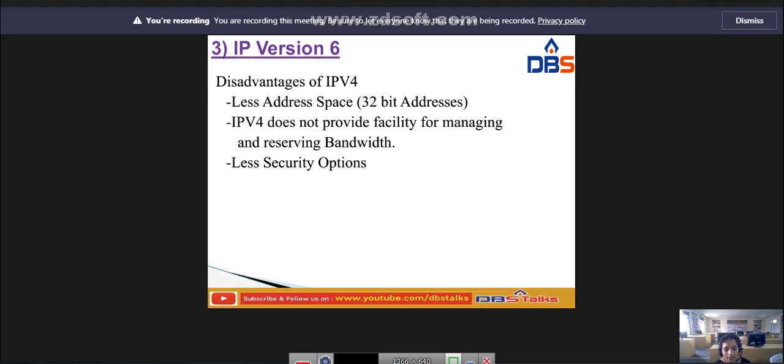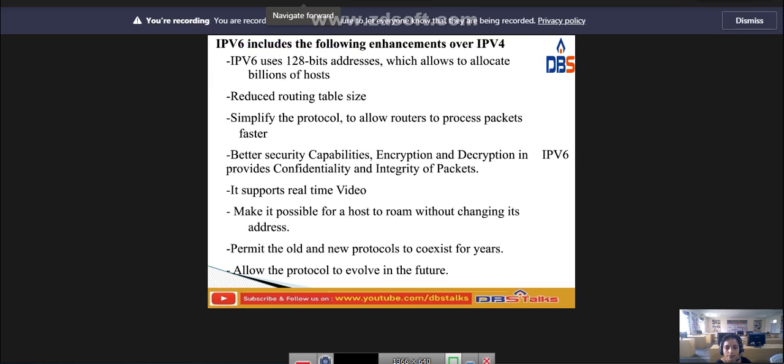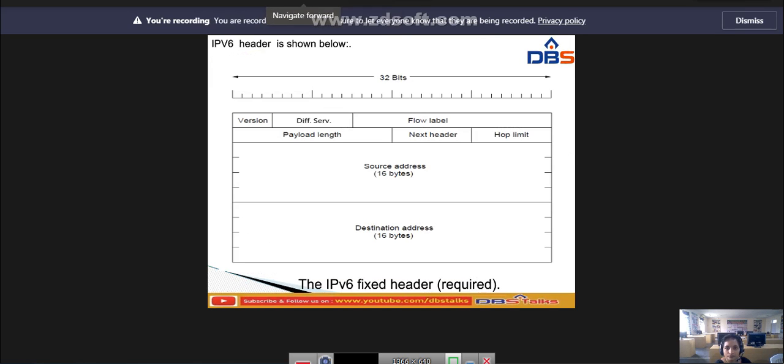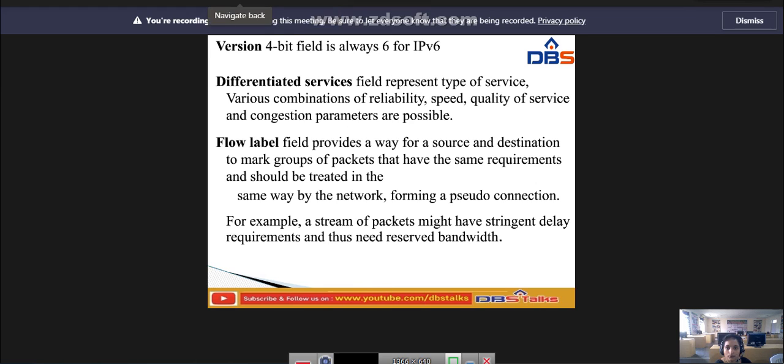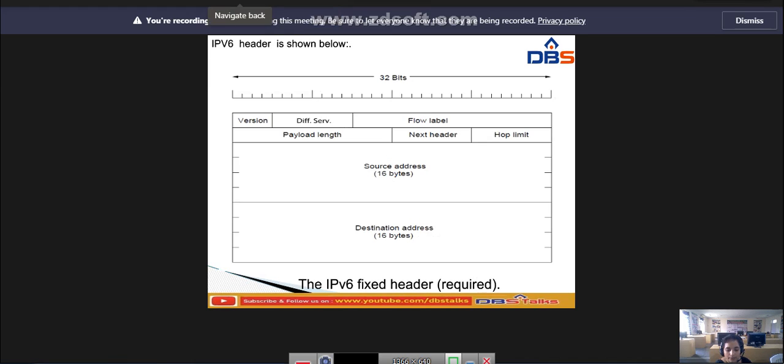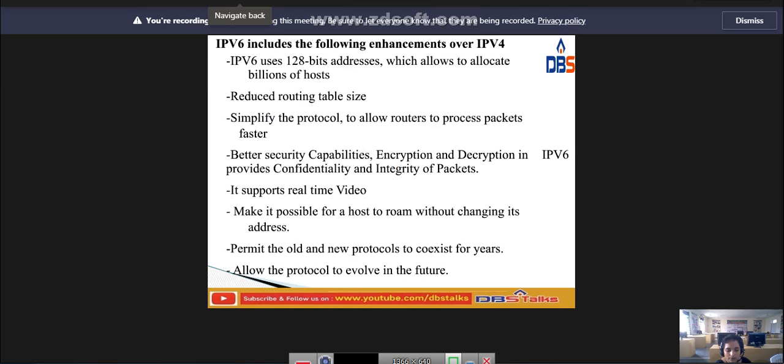Next, IPv6, Internet Protocol version 6. IPv6 includes the following enhancements over IPv4: large address space, improved option mechanism, increased address flexibility, support for resource allocation, and security capabilities, that is encryption and